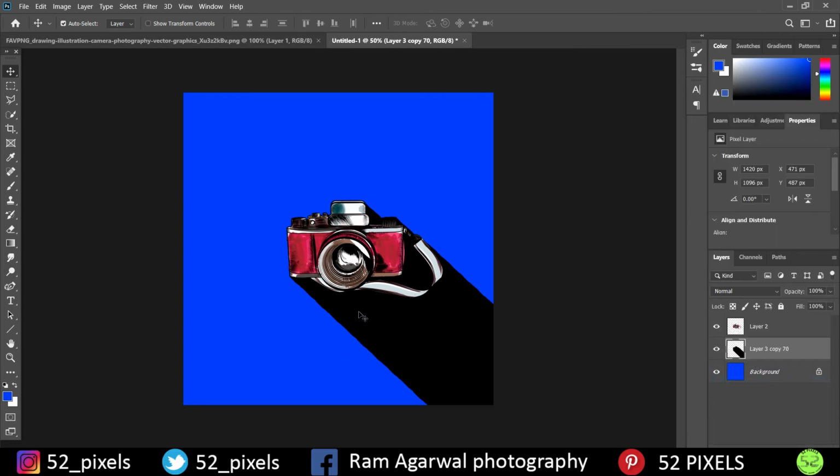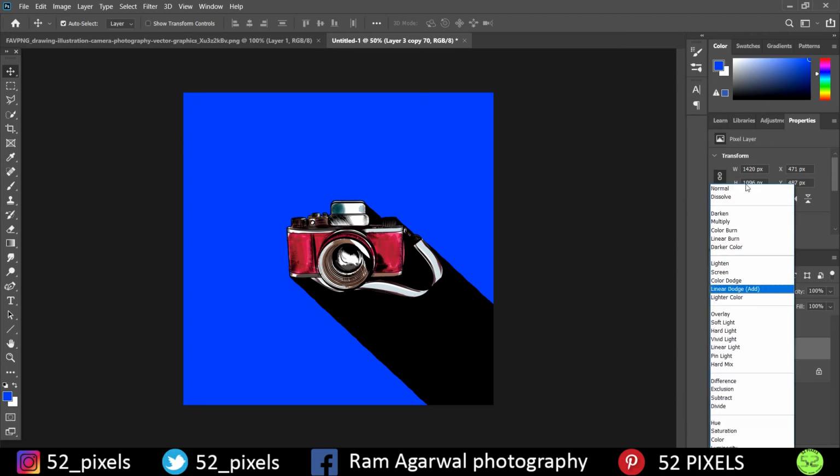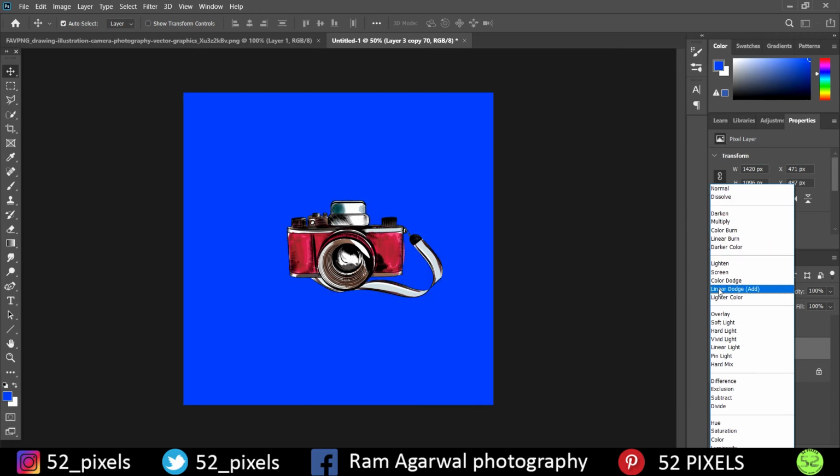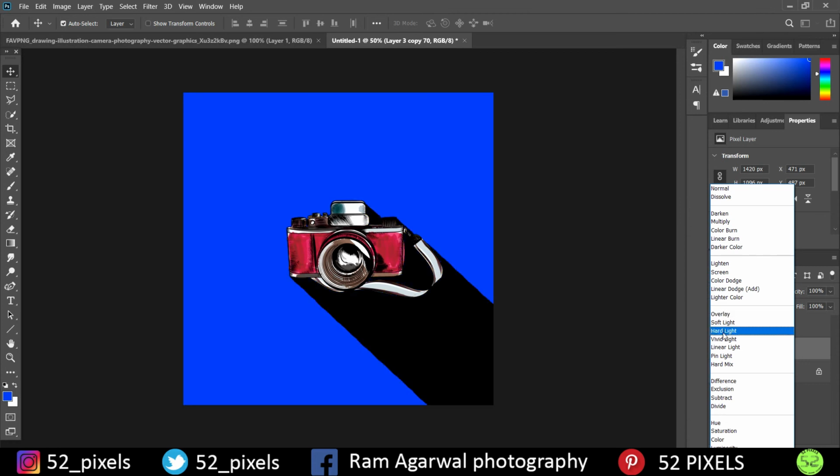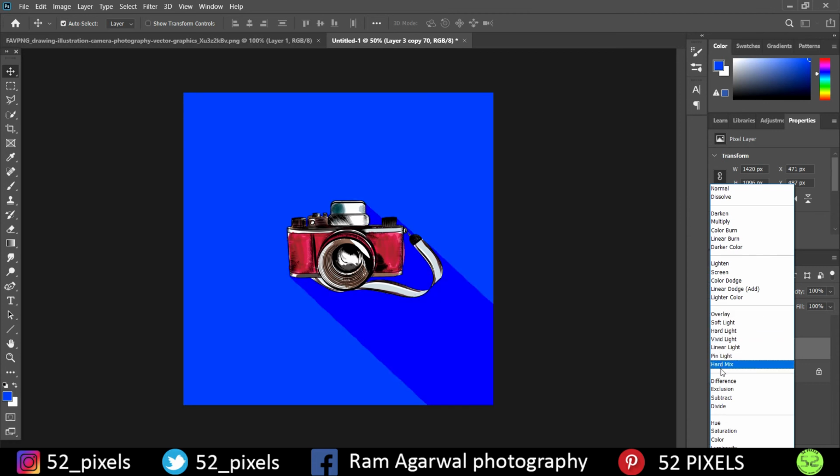As you can see, a black shadow of this object has been created, but we don't want this strong blackish shadow. We just want a darker color, a gradient that shows that there's a shadow. There's a simple trick, as we have all learned. Using this layer, we are going to go to the blending mode, which currently is normal. We can select a different blending mode. Overlay looks good, or hard mix looks good.